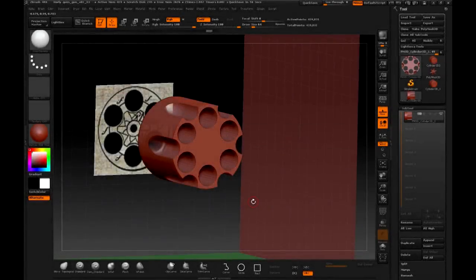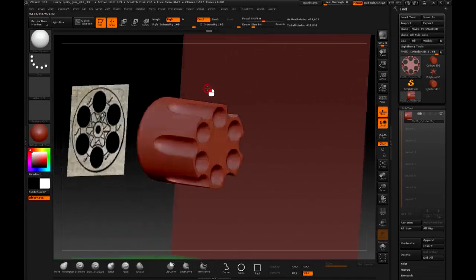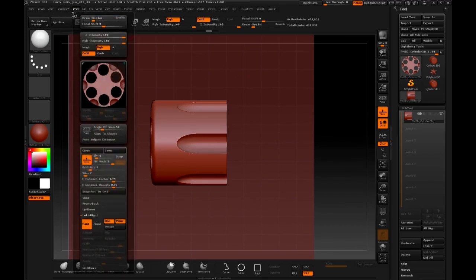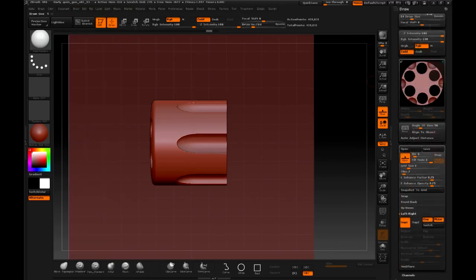Well, now we have finished the basic part of the cylinder. We'll go to another piece of the weapon, like the cannon. For that, we will need a lateral part to adjust the size of the gun. We'll go to the draw panel,